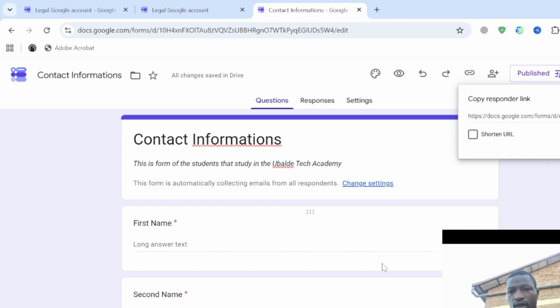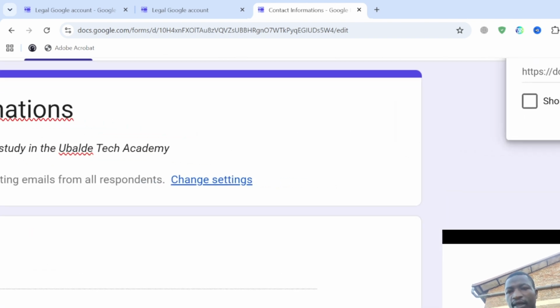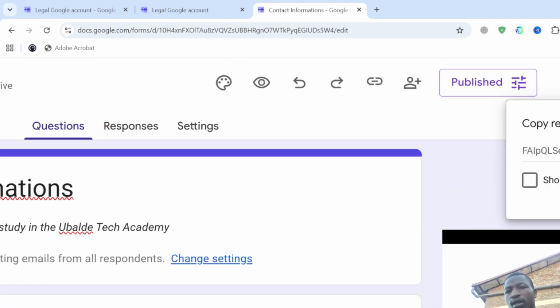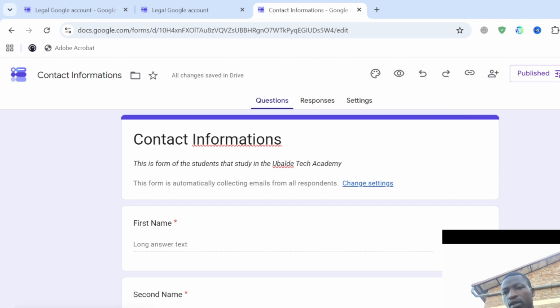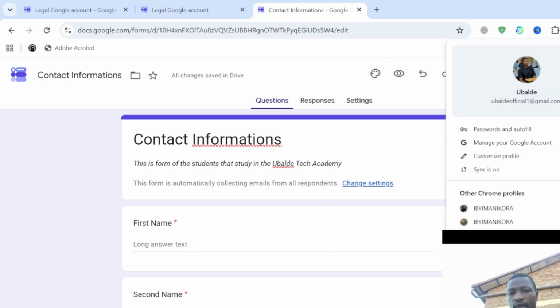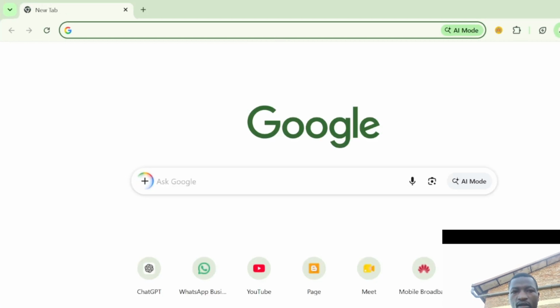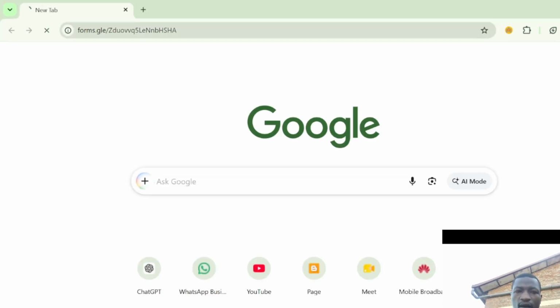Then you click OK. Here you get the copy response link. You should make it shorter, and then click on copy. After clicking on copy, this link I'm going to open in another Gmail. Yes, these are names here, and try to open it. Yes,